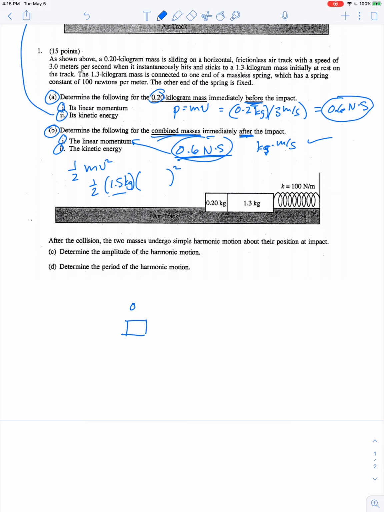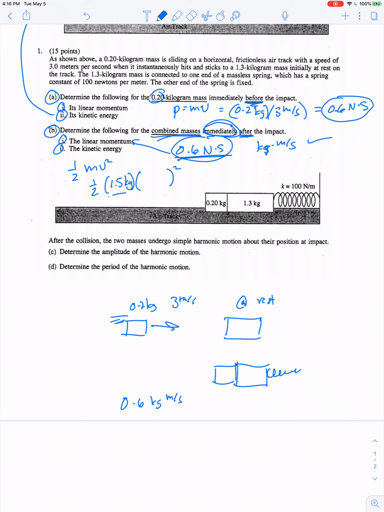So 0.2 kilograms was moving to the right with a speed of 3 meters per second, and it collides with this other object at rest. Now they're stuck together as one. Notice they use the phrase immediately after the impact, because you see that the second block is attached to a spring, so the spring is going to slow it down, but at the instant right after the collision, the momentum is conserved. So initial momentum is 0.6 kilogram meters per second, therefore final momentum must be the same amount, and if that's comprised of a total mass of 1.5 kilograms,